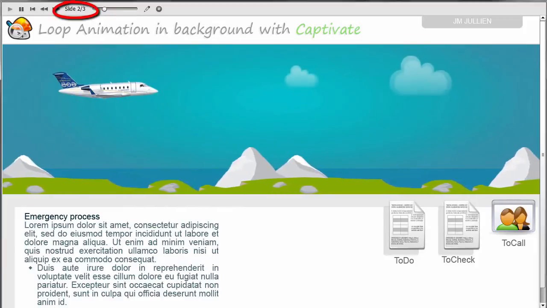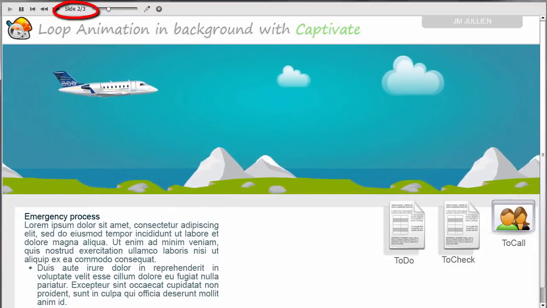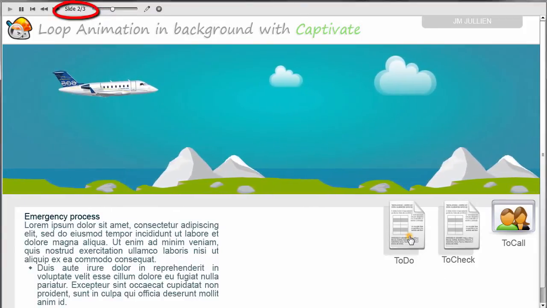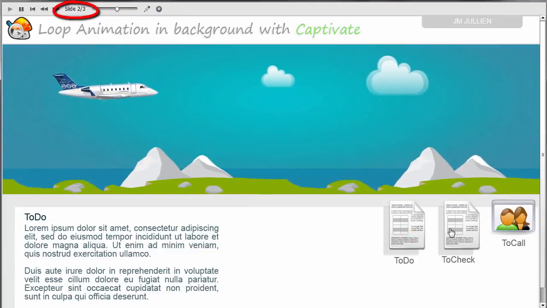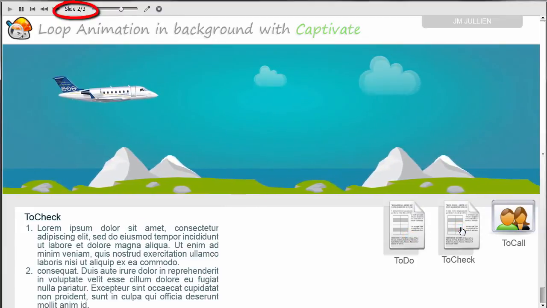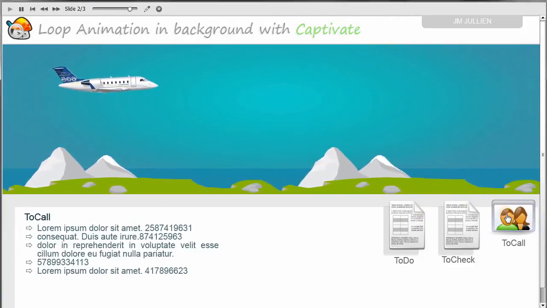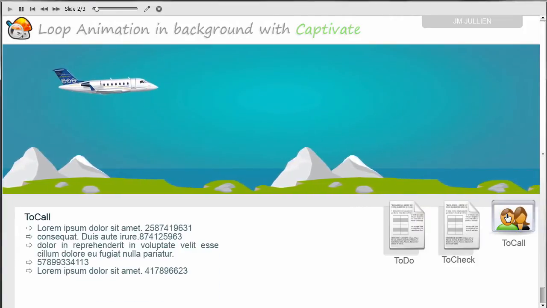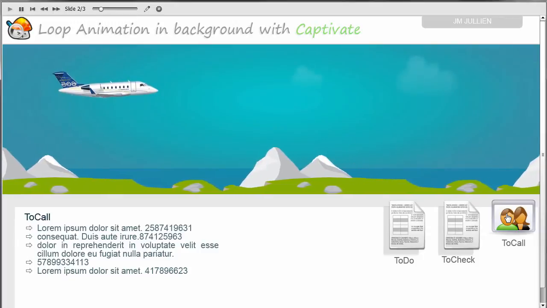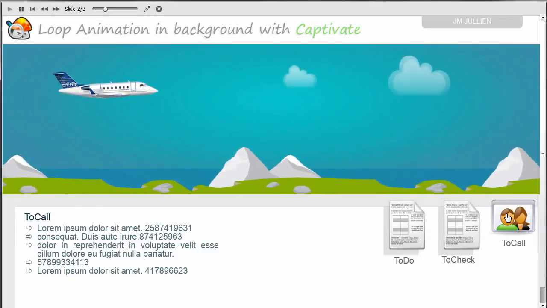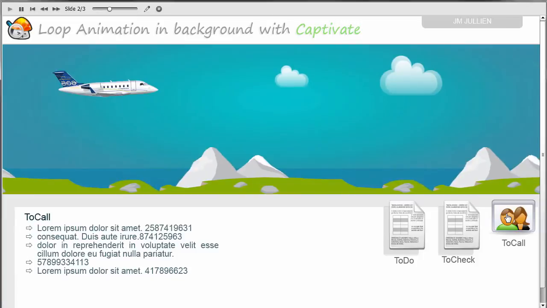We have the illusion that all move forward, and I can display some contents below by using buttons without changing the slide or slowing down or stopping the animation. How to design this type of animation running in loop within the same slide? I'm going to show you this. Let's begin by looking at how my Captivate example is set up.